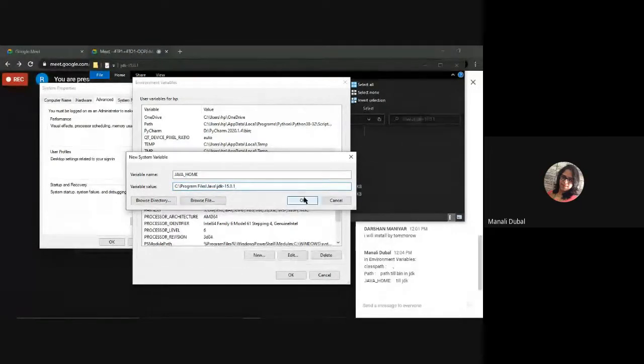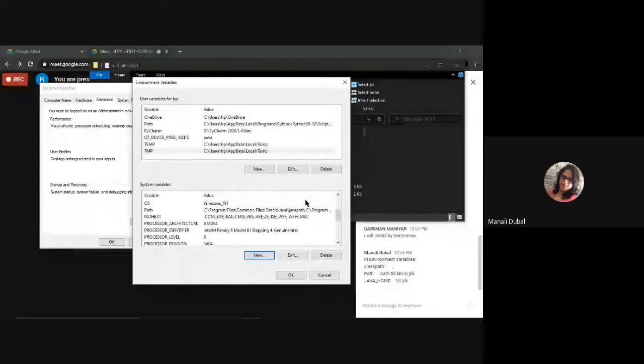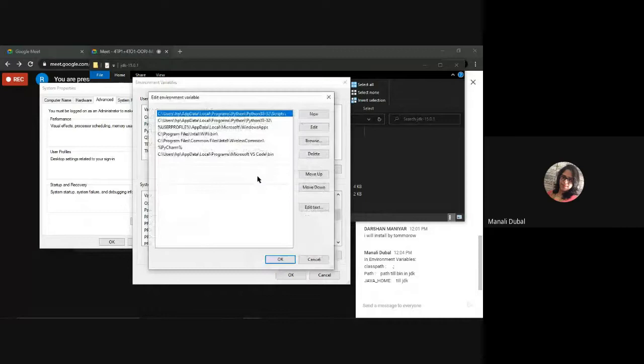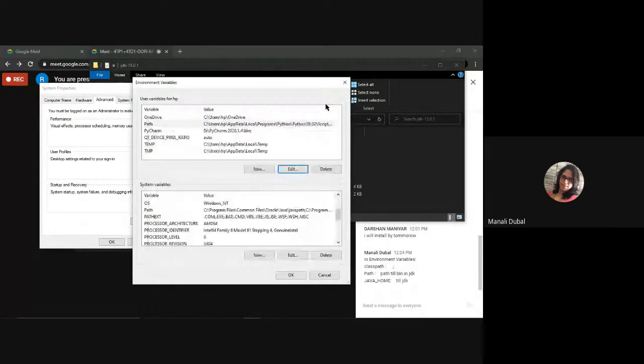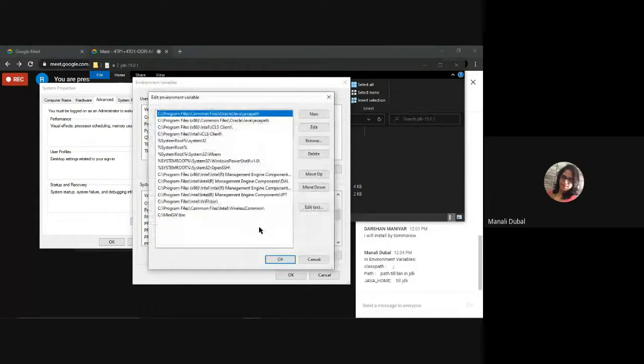Click on OK. Now again go to the Path variable in the same system variables. Do you have a Path variable over there? Click on Edit. Those who haven't done it, you can see the process. Path in the system variables, below that. Click on Edit text.